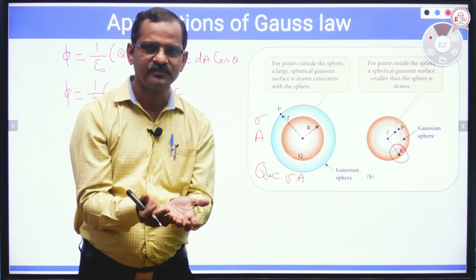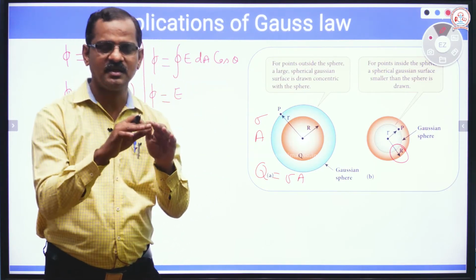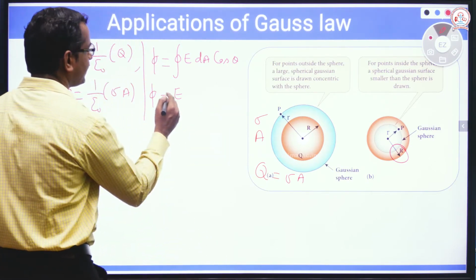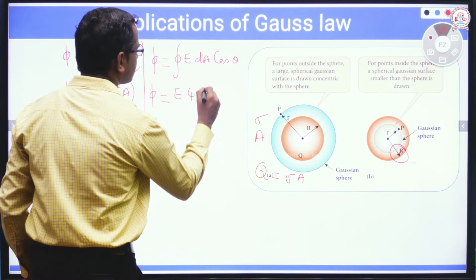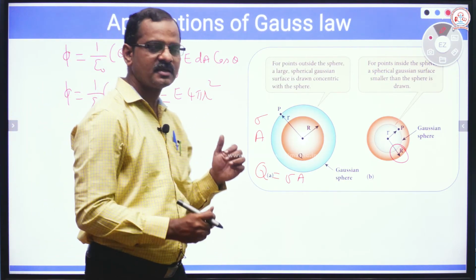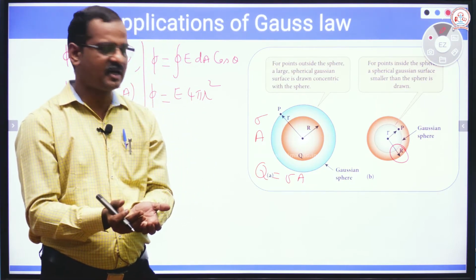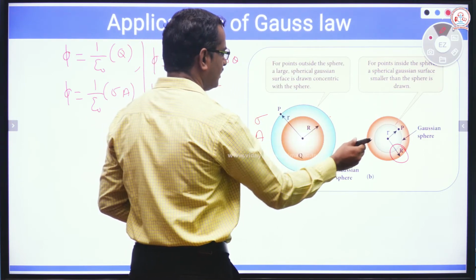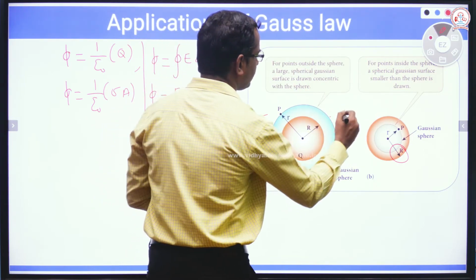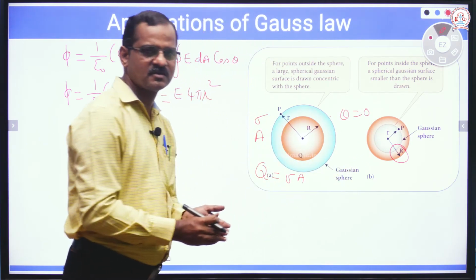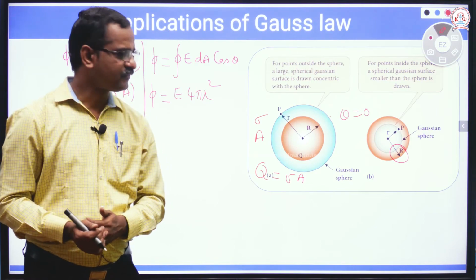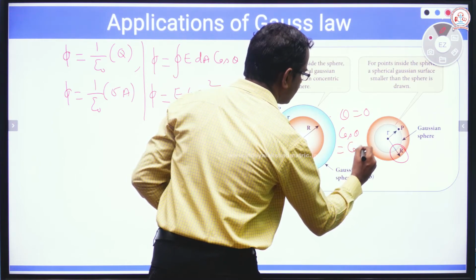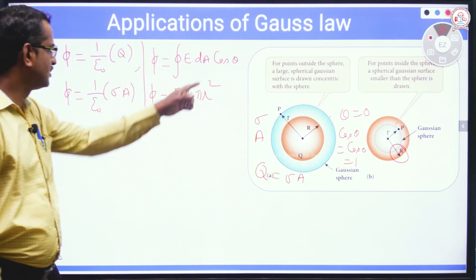You just imagine a sphere. Then integral dA is the total area of the sphere, which is 4 pi r square. So this is E times 4 pi r square cos theta. Theta is the angle between the normal to the surface and the electric field. It's a sphere. Wherever we look, we will get the normal, and the electric field will also be normal. So at all points on the surface of the sphere, theta will be equal to 0. Cos theta is equal to cos 0, where cos 0 is equal to 1. So this term becomes 1.